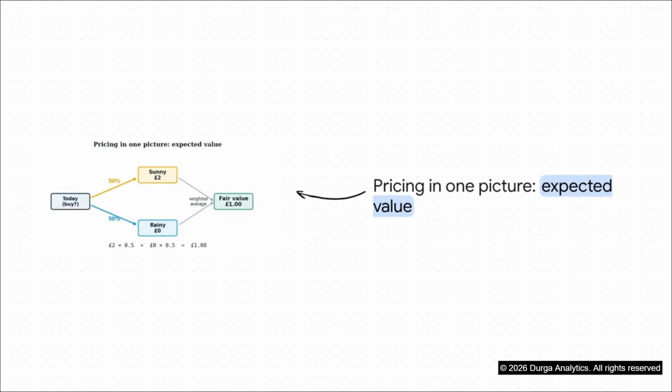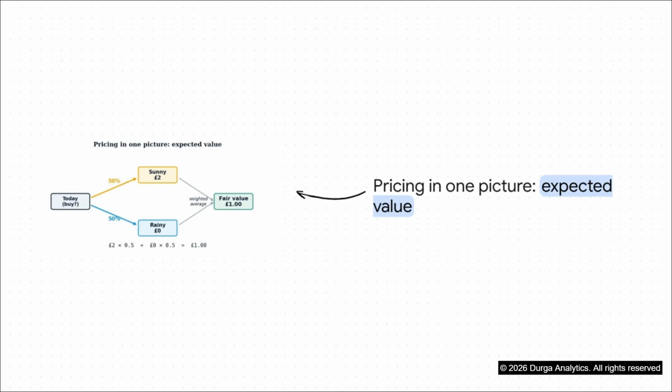If we visualize this, branching out from today, we get a probability tree. This is essentially our pricing engine in a single picture. We assign a 50% probability to a 2-pound sunny day and a 50% probability to a 0-pound rainy day. All we are doing is simply multiplying each outcome by its probability and adding them up to find the average